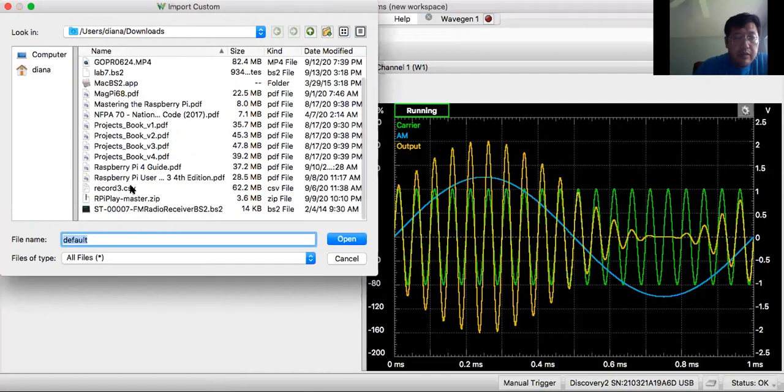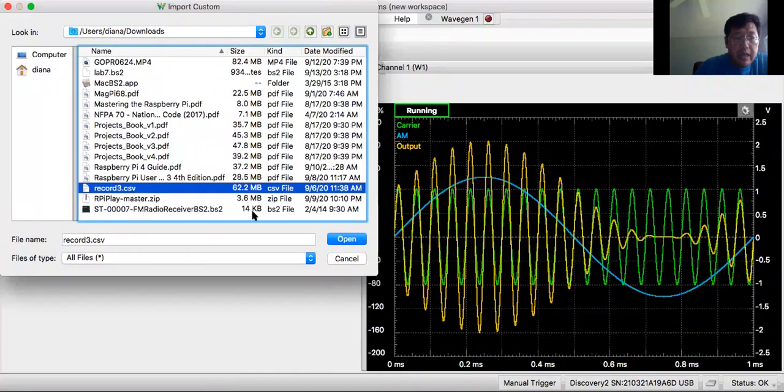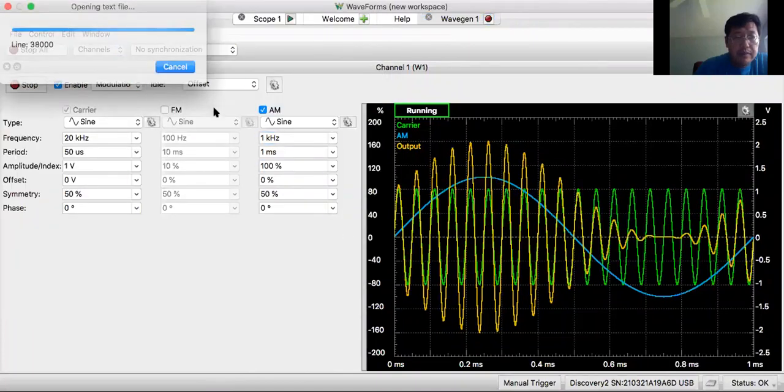This is the music I recorded before the class, so I will open it. Once it's opened, I will use this recorded 3 minute song. I will use actual music to modulate this carrier,